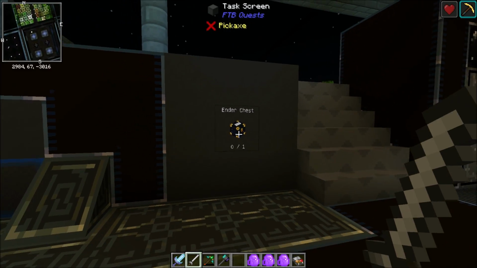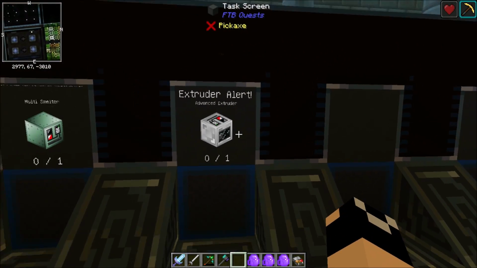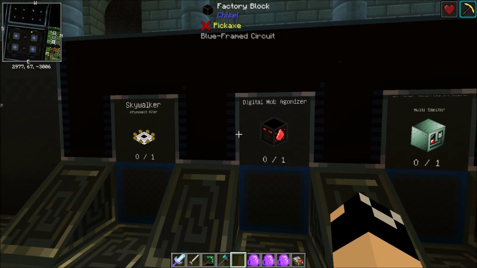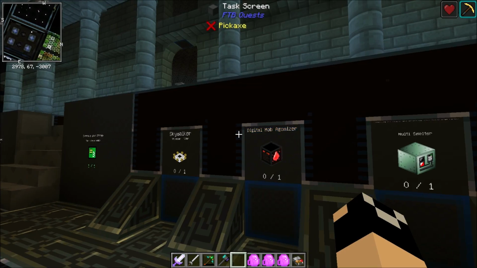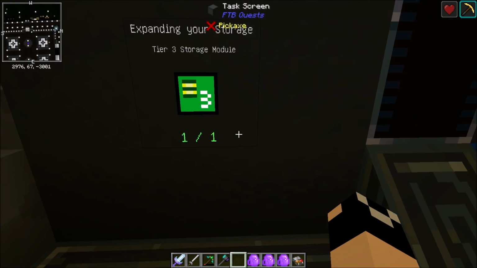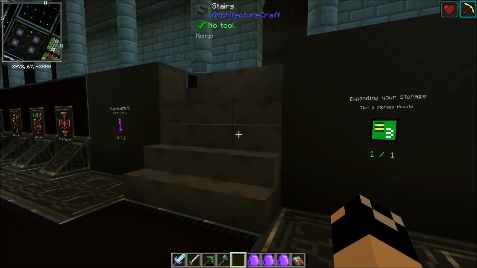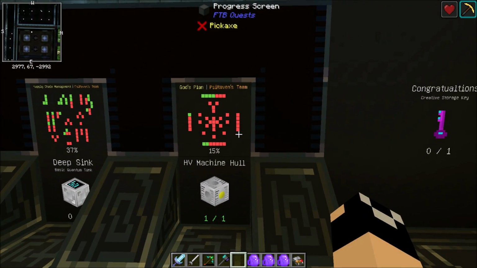So the Ender Chest is on their task screen, and then over here, there's an extruder, multi-smelter, digital mob agonizer, the attunement altar, and so basically you can bind things to this almost like a to-do board, which is pretty neat. I do quite like that. And then Tier 3 storage module, which it looks like they've done, because you can see there's quest completion there. I'm not sure if that means they're wanting more of them, or if that was just something that got finished here recently. And then creative storage key, and